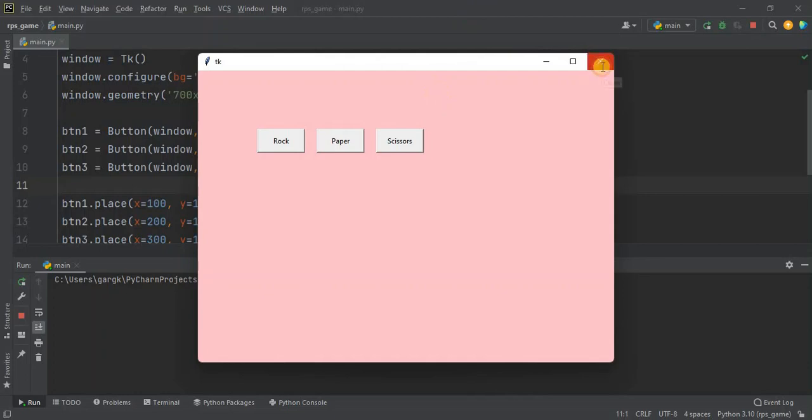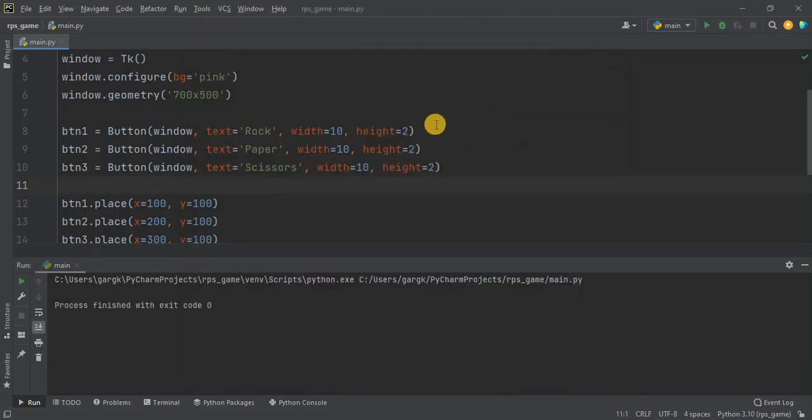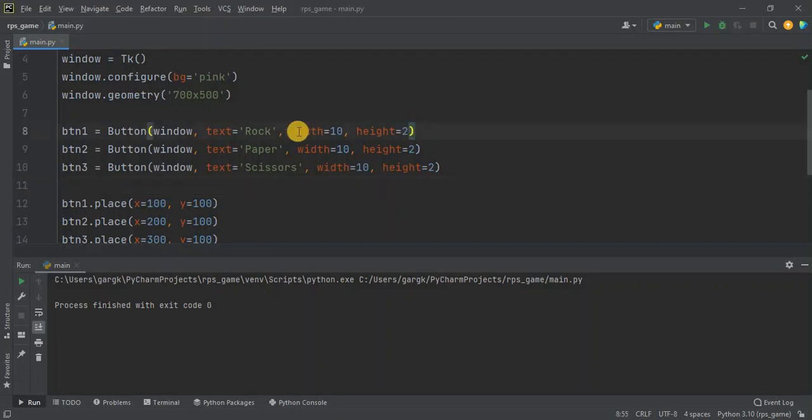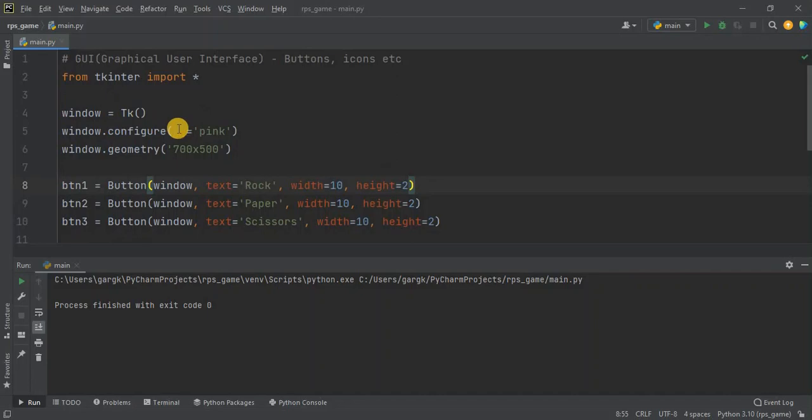Now let's continue further. But before that, I should change the background of the button to something like red, green, blue, or any other, because this gray color is not looking nice. For that, just like windows.configure bg equals to pink, you can say here bg parameter.